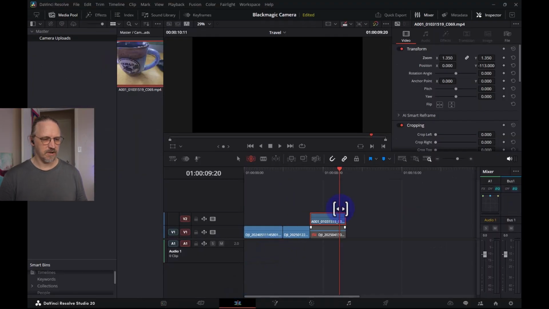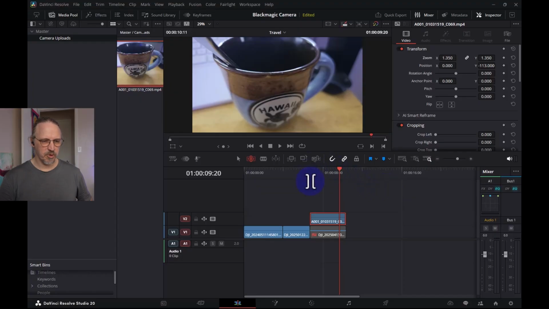We go back to our edit. You can see that the purple bar above on the timeline that indicates that this was only a proxy file is now gone, and we have a full resolution, gorgeous shot of the Hawaii mug to go along with our travel vlog. That is one of the reasons why I highly recommend, if you're using Blackmagic Cloud with remote people